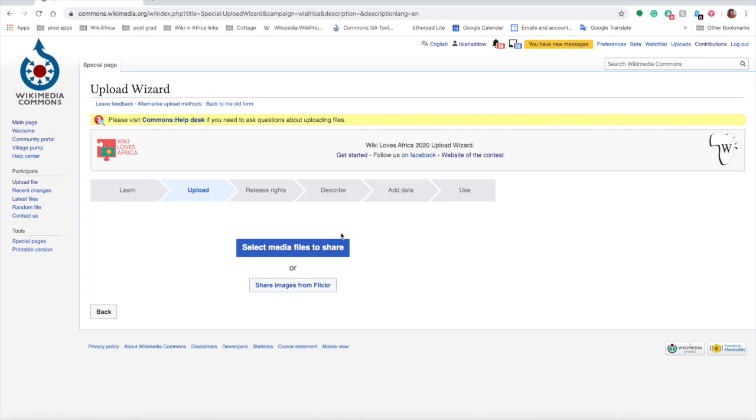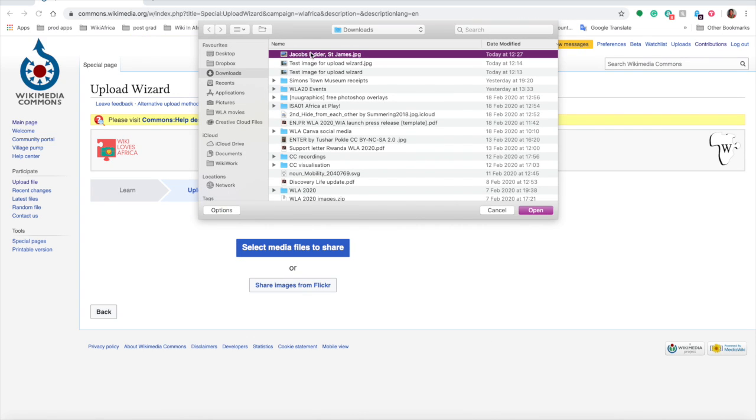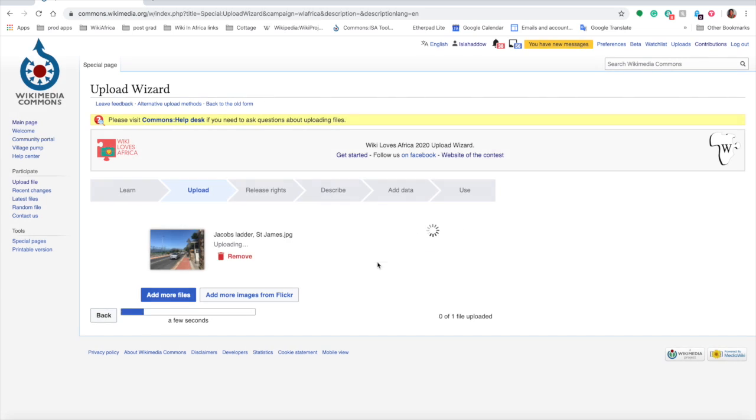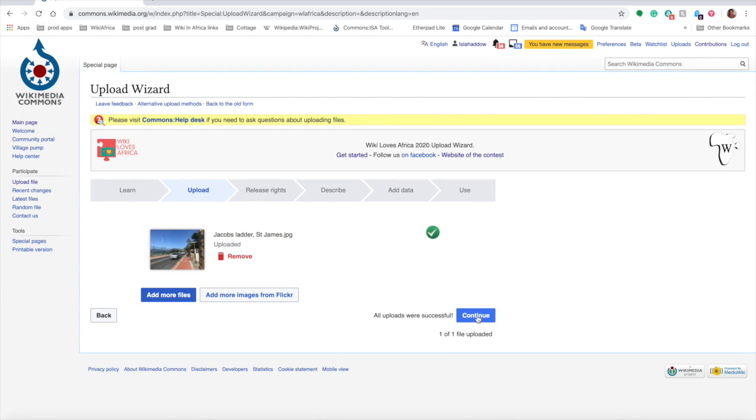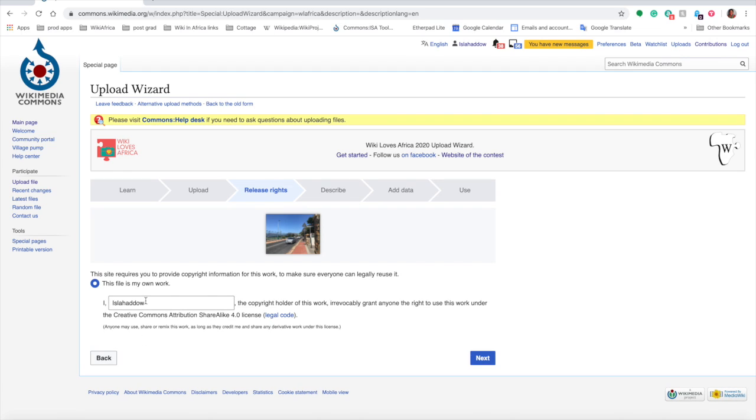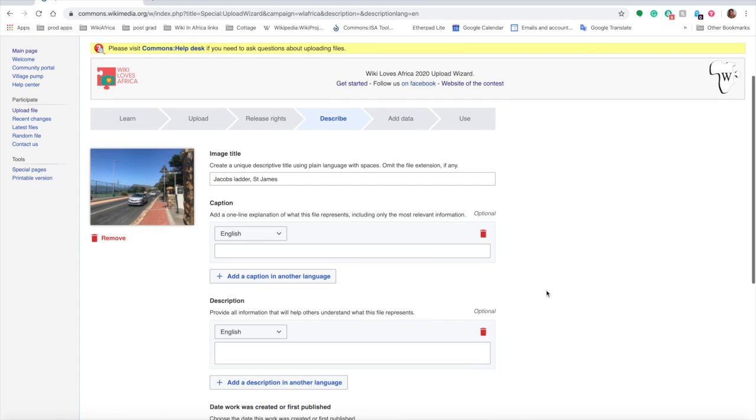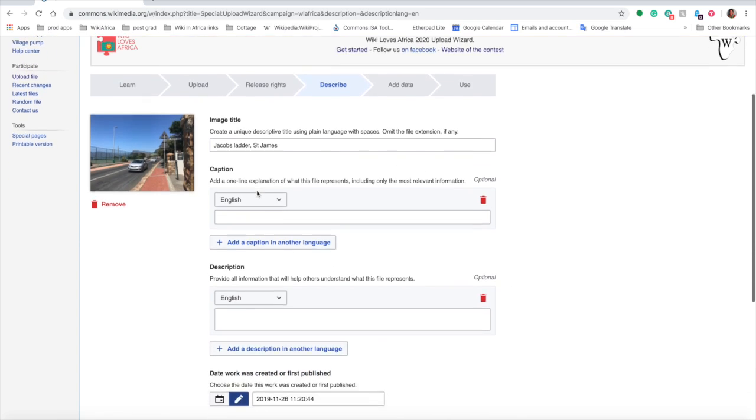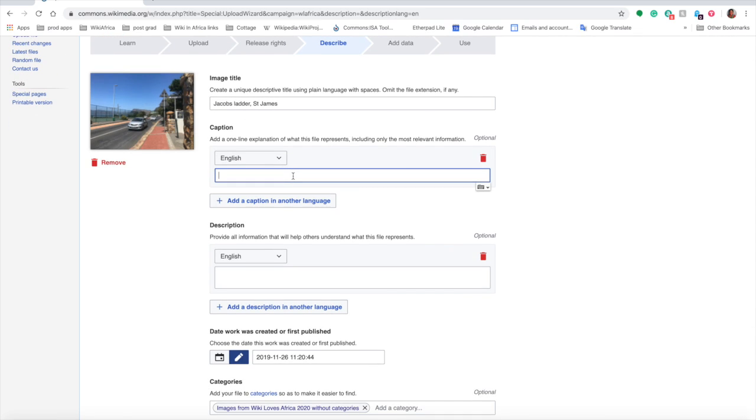Then you can select the media to upload, and I've done this test image here for upload. This image is now uploaded and we press continue. Just check that it is tagging the work as your work. So this is where we enter all of the details that are required, and here we have the image title. The caption I'm going to enter is